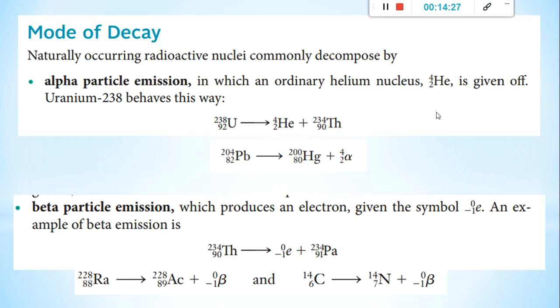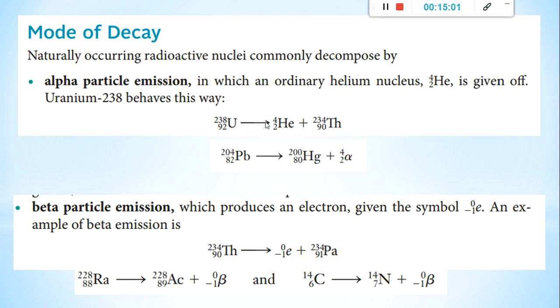Okay, so let's now study the mode of decay of the particles. We have a naturally occurring radioactive nuclei commonly composed by first the alpha particle emission, in which an ordinary helium nucleus is given off. For example, uranium 238. We have 238 as the mass number and 92 as the atomic number. It emits